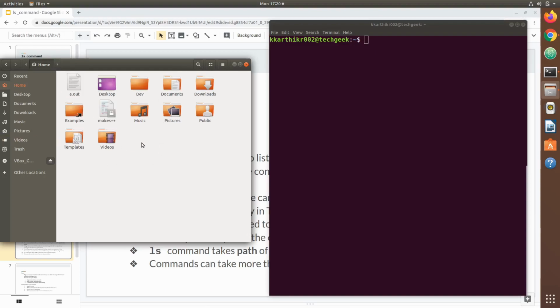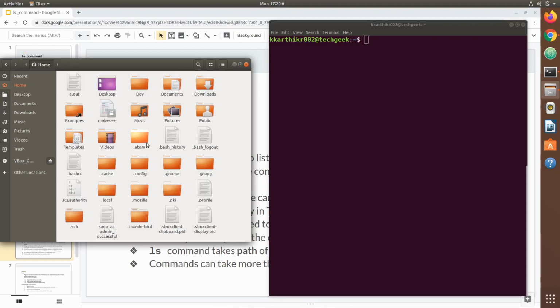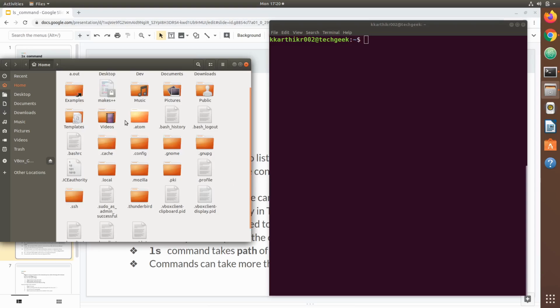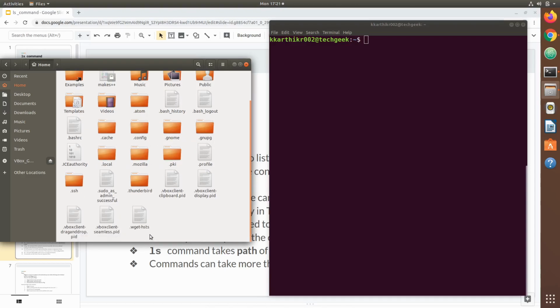This is our home directory. Press Ctrl H to see all the files including hidden files. The files which start with a dot here are all hidden files.